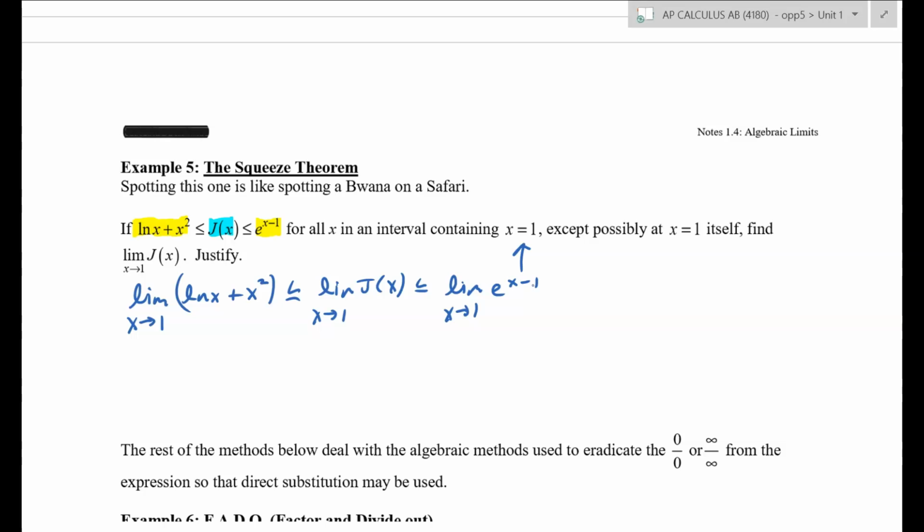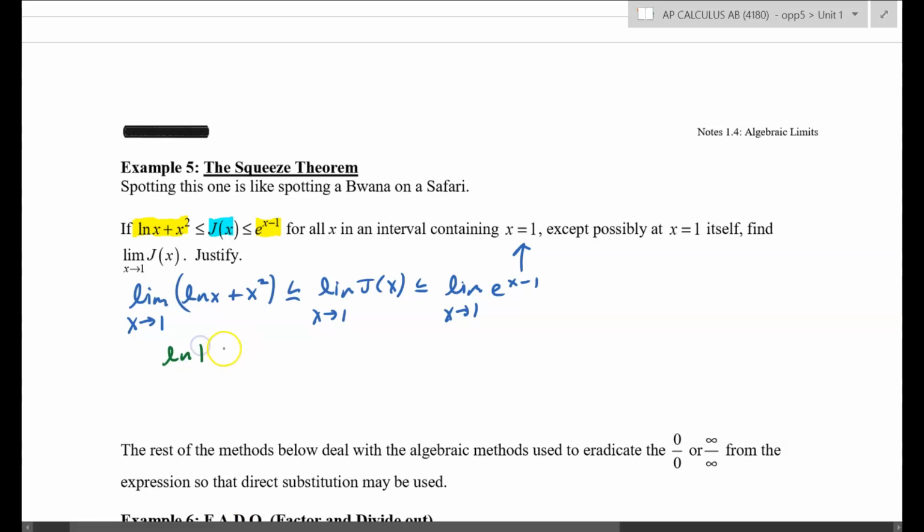Quick question. Easiest way to find a limit? Plug it in. Are there cases when I can't? Of course. We've looked at a million of them, right? Asymptotic functions, functions with holes, non-continuous, all those examples. All right, but if I plug it in, what do we get? Well, we get the natural log of 1 plus 1 squared. Is that less than or equal to